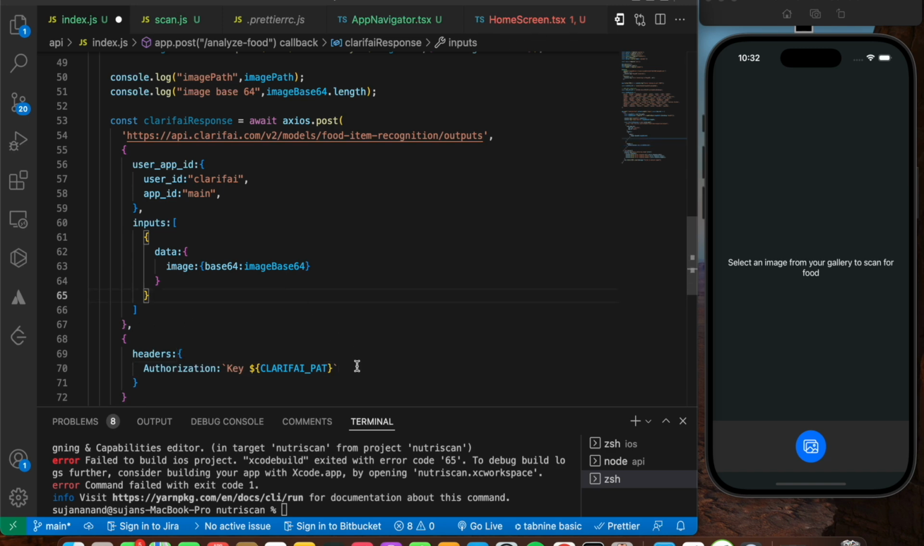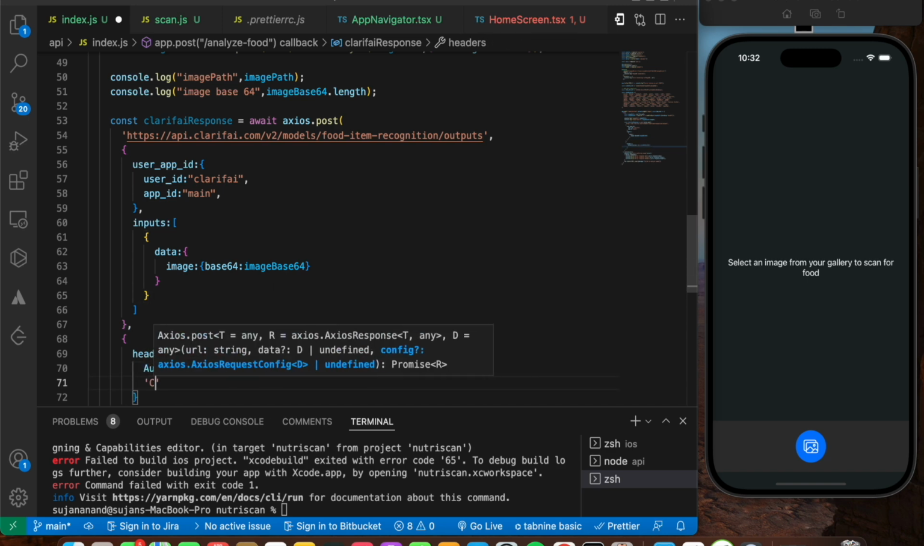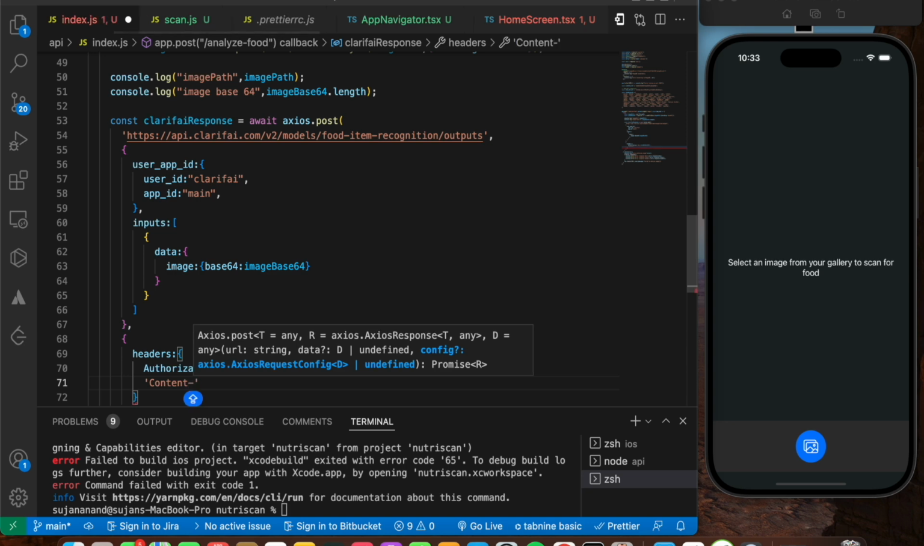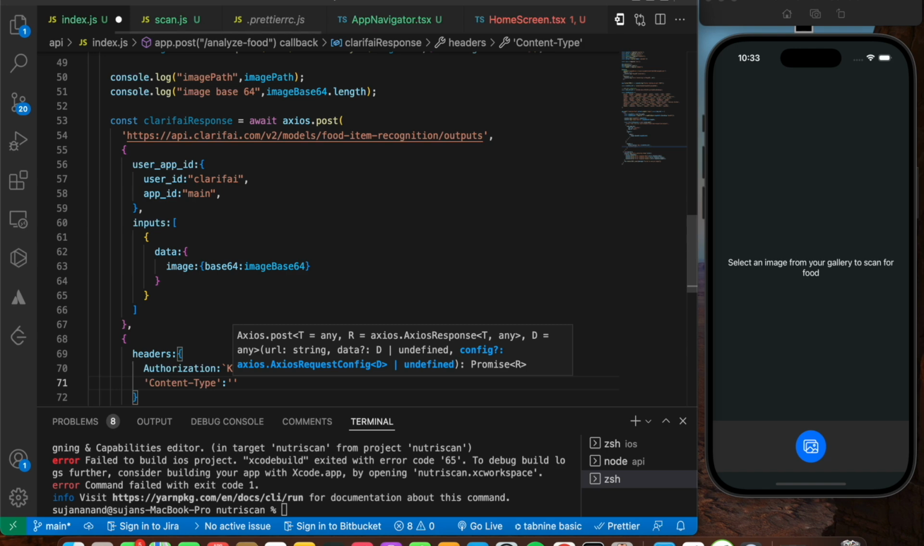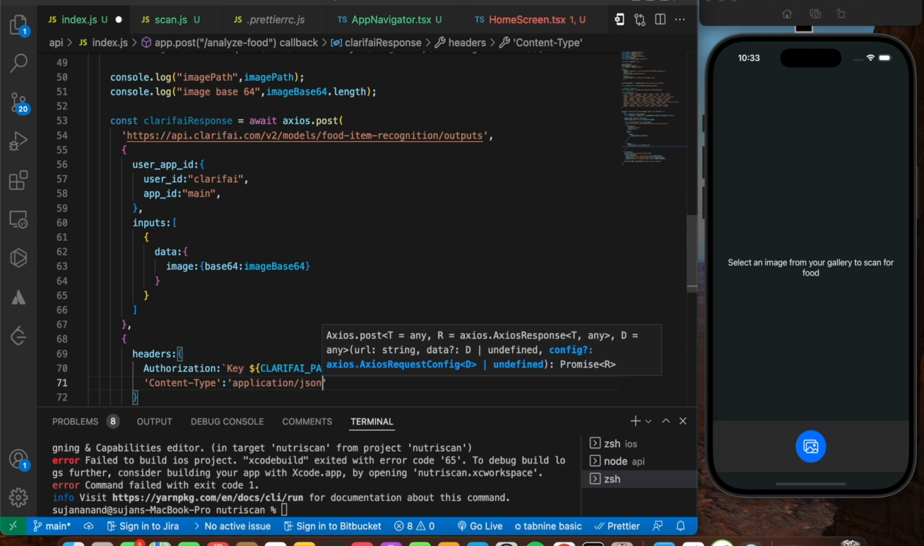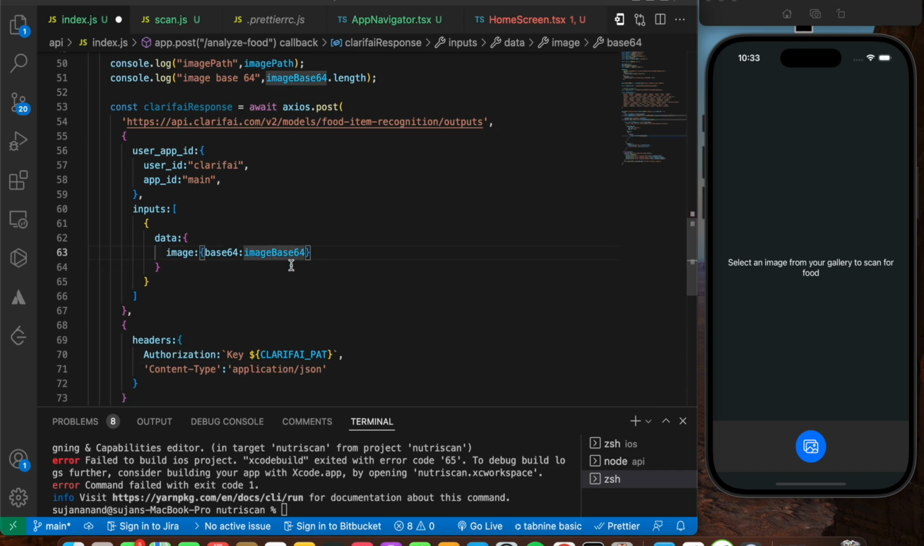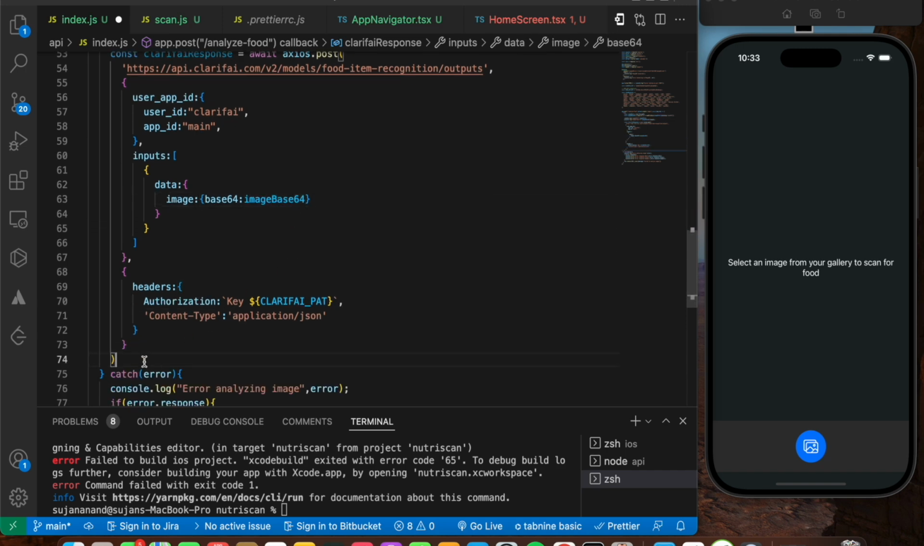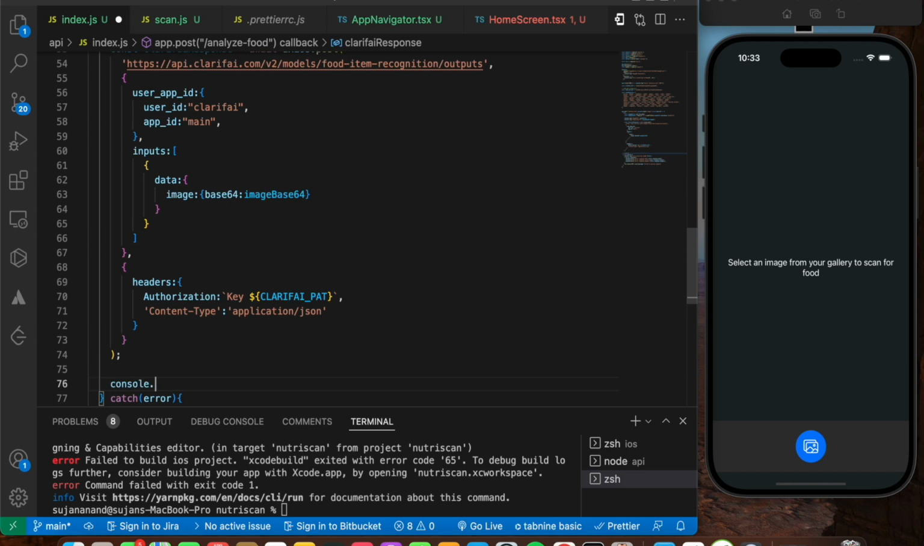So here I'm going to say content type is going to be equal to application/json. You can actually log the response over here. I'm going to say console.log